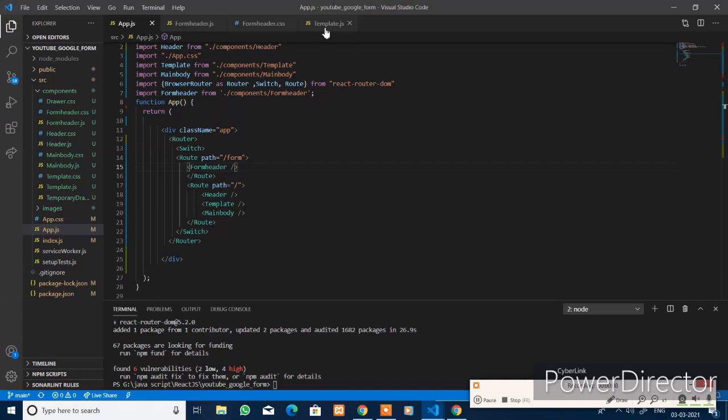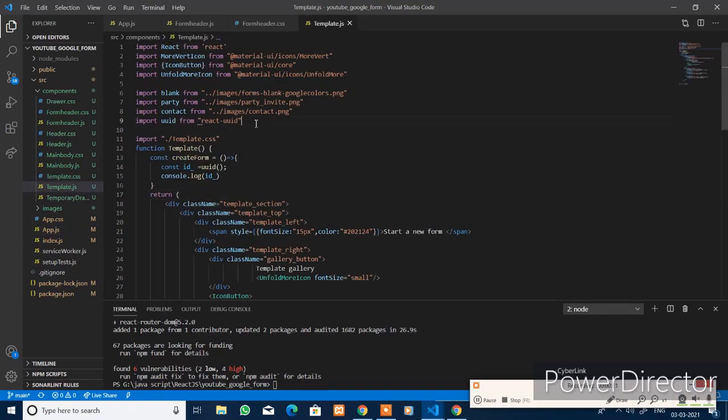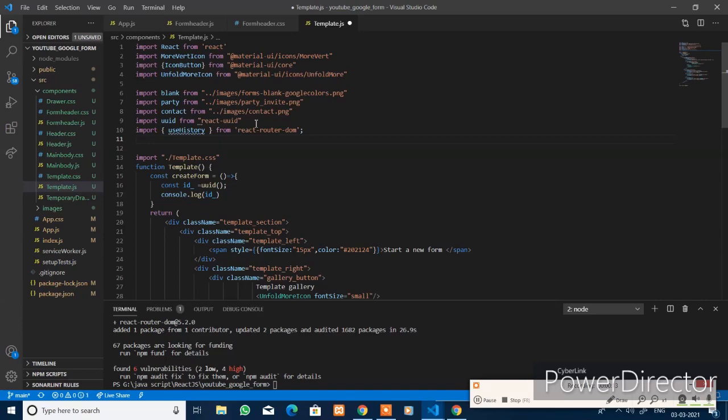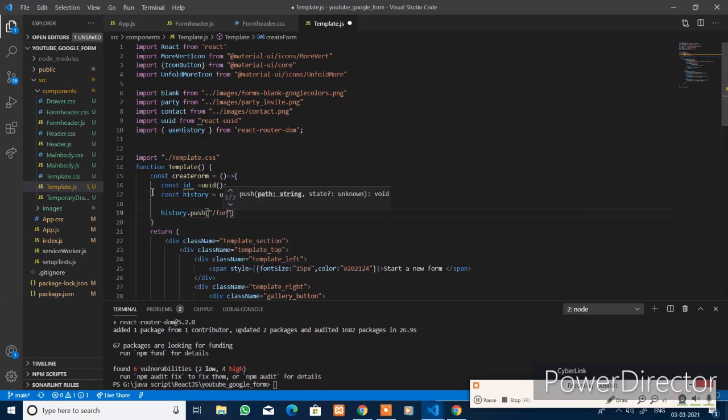Now inside the template.js file, you import the useHistory function from the React Router DOM package. Inside createForm, you create one more constant called history, and push the form path plus the ID. Here you have passed the unique ID to the form element.